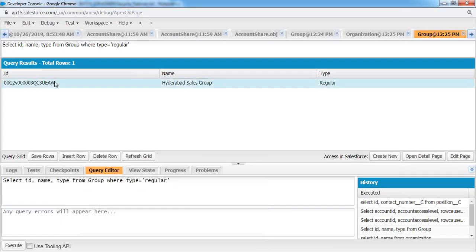So we have this group. This is the ID of the group. Based on this group ID, we can get the associated group members information. So in this case, I would like to collect the group ID column, like your account and contact relationship, in a similar way. Based on the group ID, we can fetch. Select the group ID, user or group ID from group member,